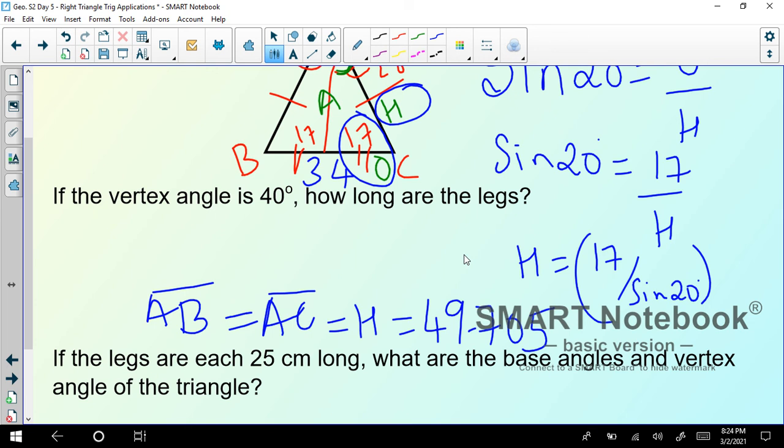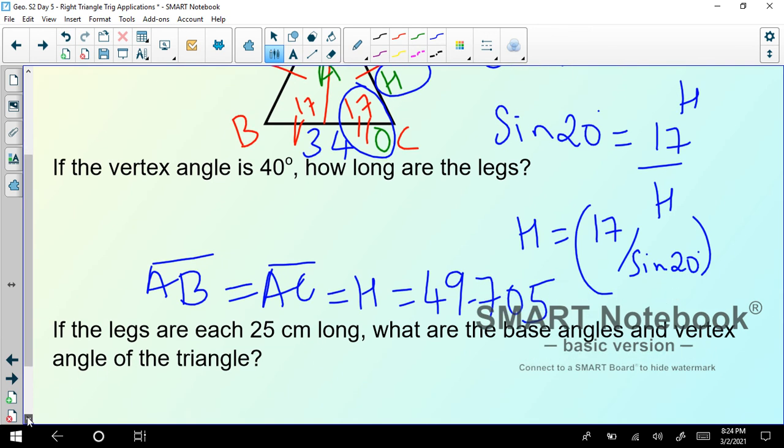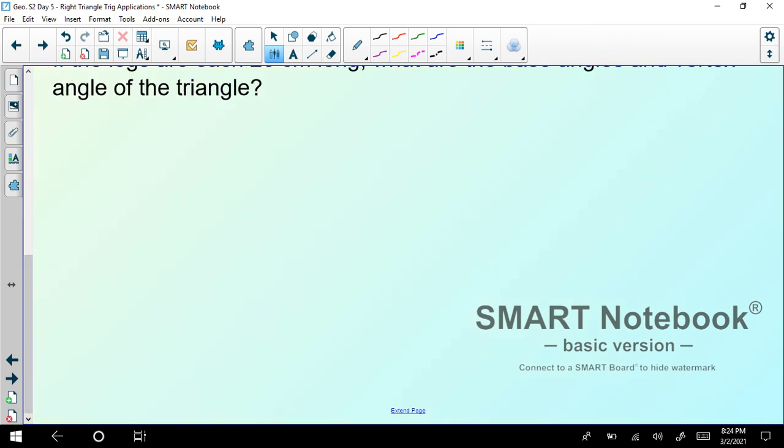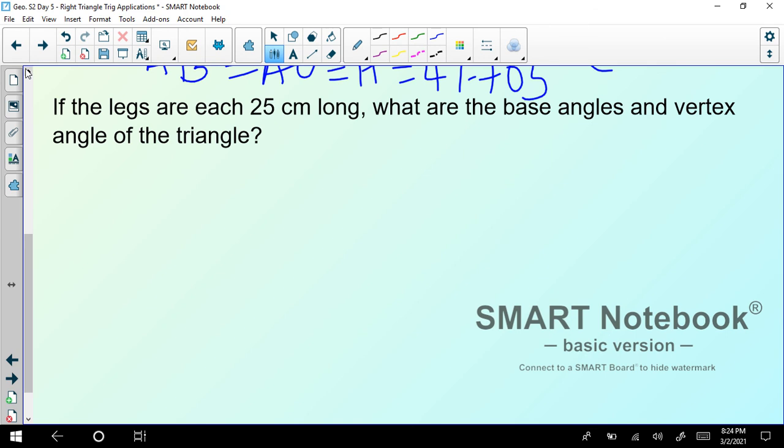Now they are changing this problem a little bit in the third section. If the legs are 25 centimeters long, what are the base angles and the vertex angle of the triangle? Okay, we will reverse the procedure we did. So let's draw the triangle once more. They are giving us that the legs are 25 centimeters long. Okay, this is 25 centimeters long,